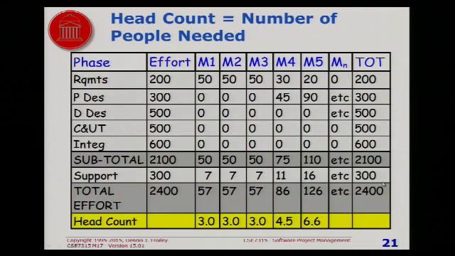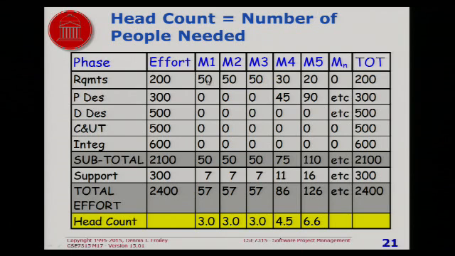So our head count, or number of people, is 3, 3, 3, in this case 4.5, 6.6, etc. So, one of the things you can do when you do the effort schedule in detail, the way I've shown it here, is you can calculate how many people you need in a more precise manner than before. The one I did in the last module was kind of a rough guess. And what you're saying is, in month 1, I need 3 people,